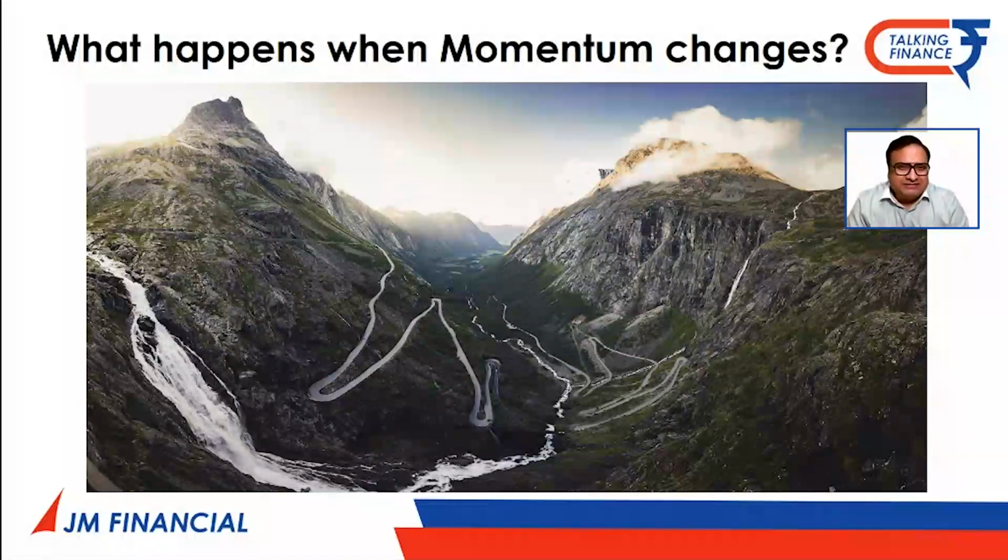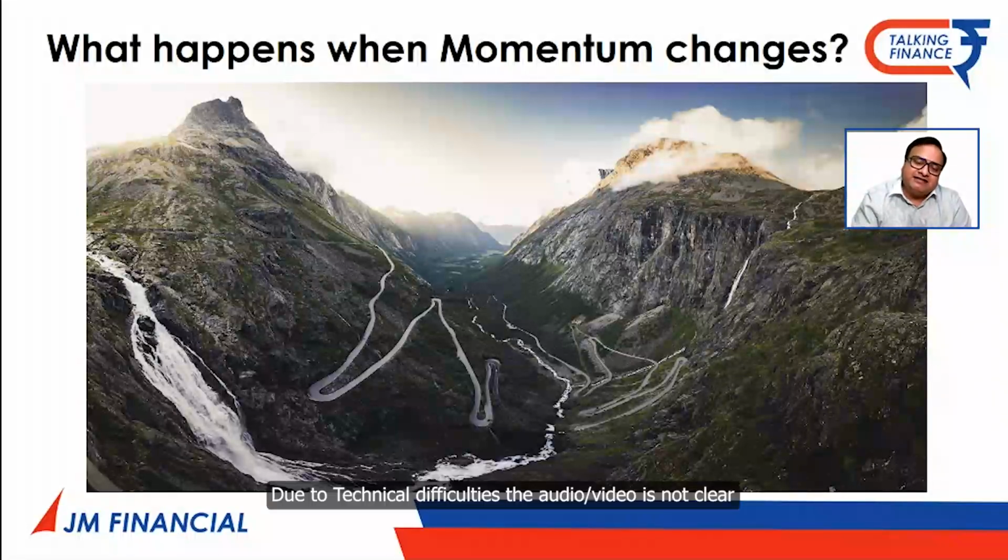This is exactly what happens in stocks. Say they are going from point A to point B. In between, you have these curves, you have these S bends, you have these ghats, and at every turn or before every turn, the speed of the stock reduces. And what happens when the speed of the stock reduces? There is a short-term change in direction that happens. And when that change in direction happens, it could be a trading opportunity, it could be an exit opportunity, or simply put, it could be something which is giving you an advantage